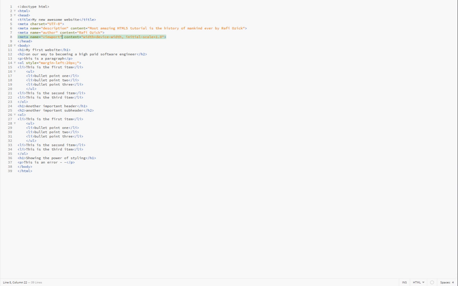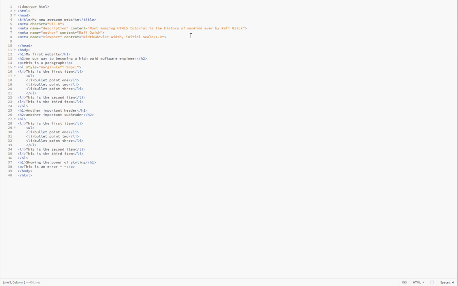So what we're going to do here is we're going to create a link. And we're going to do that by using the syntax link rel, and this means link relation, equals stylesheet. So this is telling our browser that the kind of link that we're going to be linking is a style sheet. And the href, or the hypertext reference, is going to be